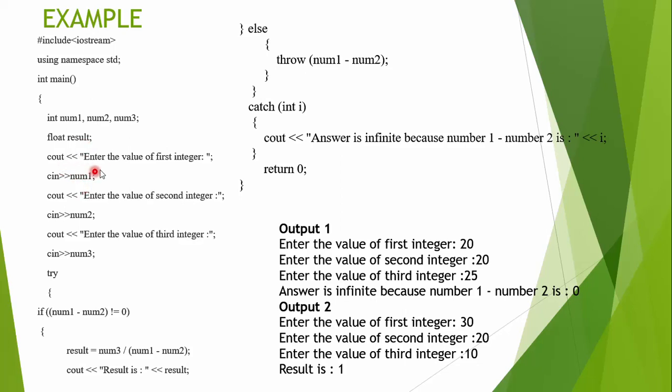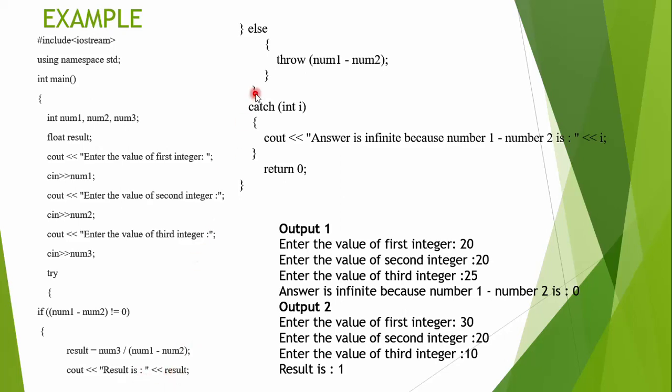First I am getting the input from the user: enter the values of the first integers, num1, num2, num3. I am using the cin function to get the input from the user. I am using the C++ language to implement the exception handling. Within the try block, if num1 minus num2 is not equal to 0, that is, the difference of two integers is not equal to 0, the result is equal to num3 divided by the difference, num1 minus num2, and cout